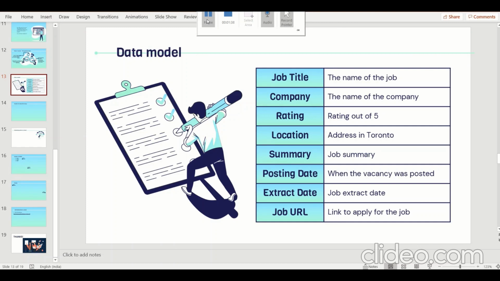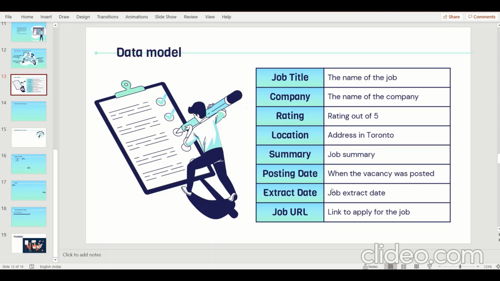So in this assignment, this is the data model which I am using: job title, which is the name of the job, company, name of the company, and rating. The rating is out of 5, and the location. Here I have taken Toronto as my location, so it will display the address of the company located in Toronto city. Summary gives the job description and the company description and all.